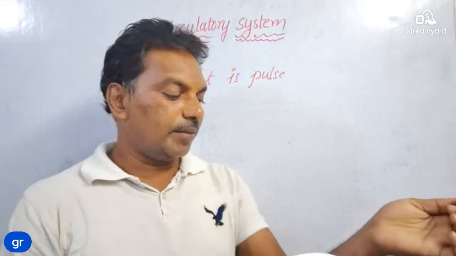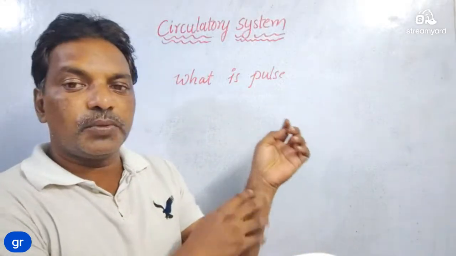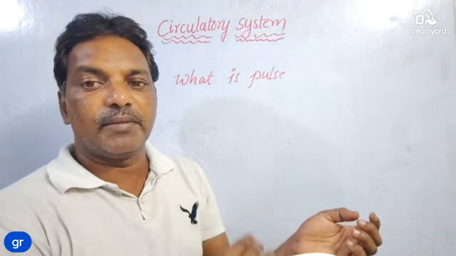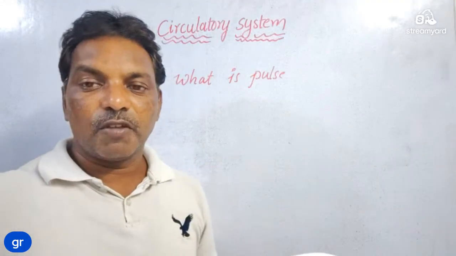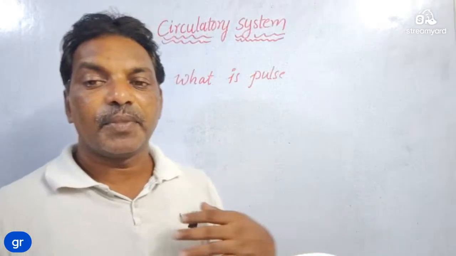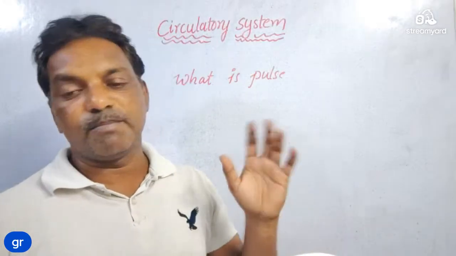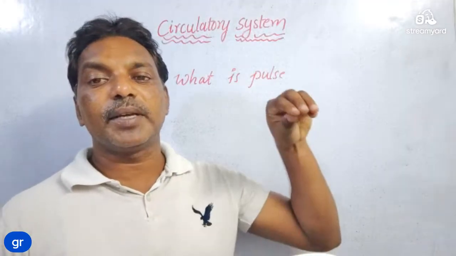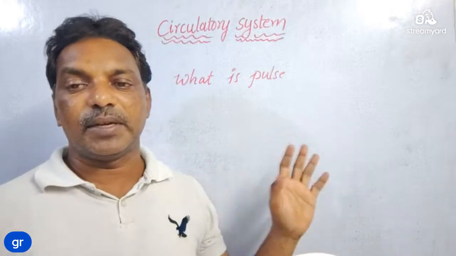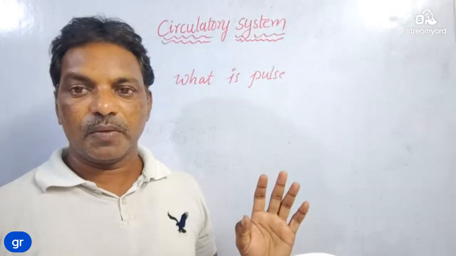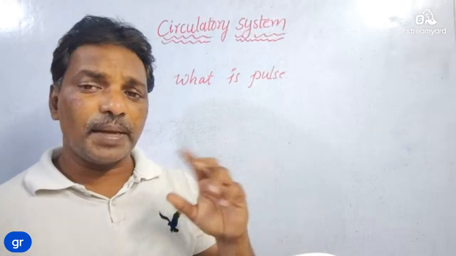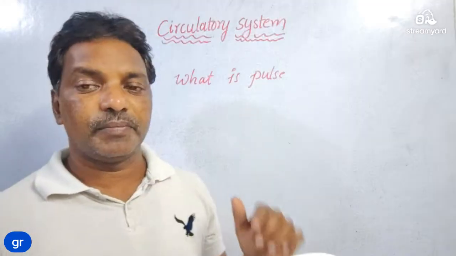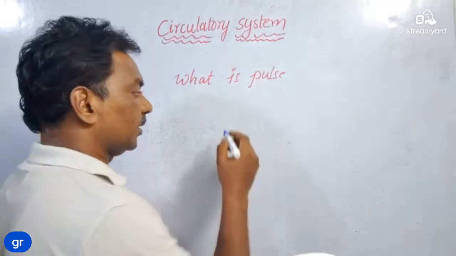So the flow of blood through our arteries reaches each and every cell of our body. The heart pumps blood in a rhythmical way. So that rhythmical flow of blood in the blood vessels is called a pulse. That definition we can write in different ways: the flow of blood rhythmically reaches each and every cell through our blood vessels. That is called pulse. Right here, pulse rate for a minute, how much is there? That pulse rate is equal to heartbeat. Pulse and heartbeat both are the same.